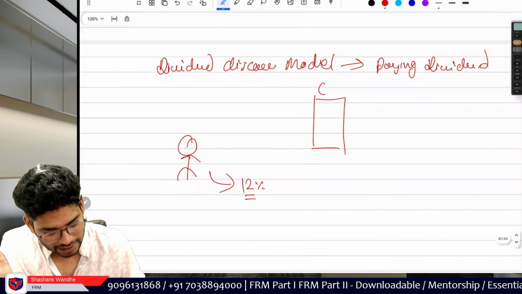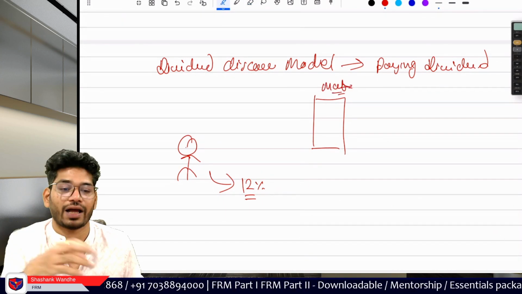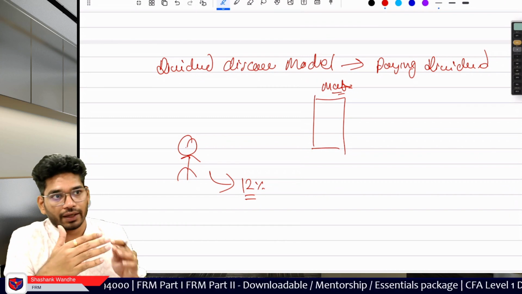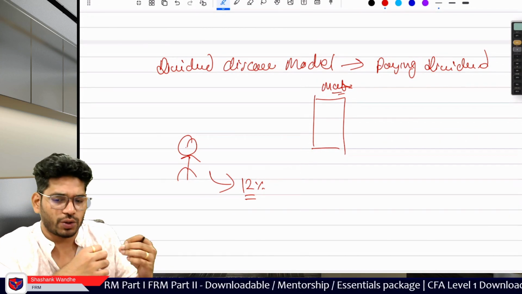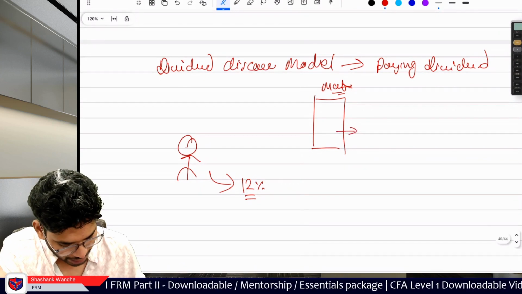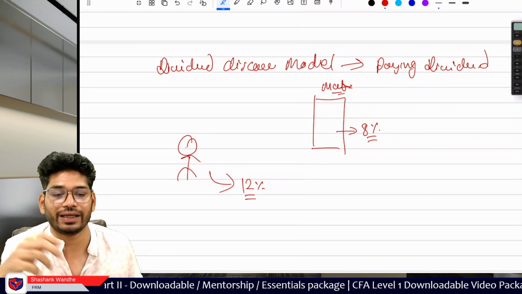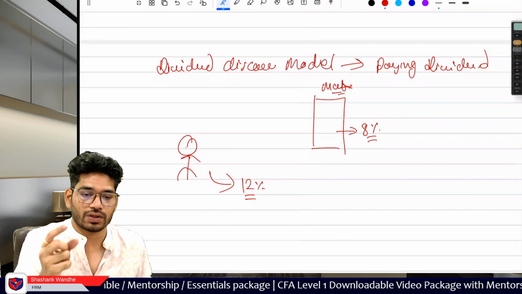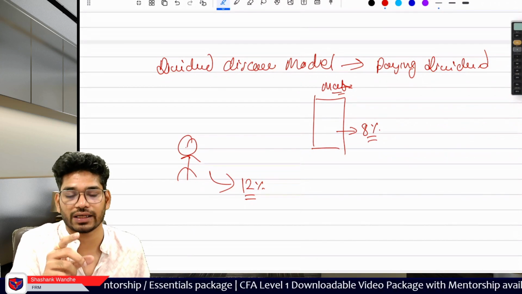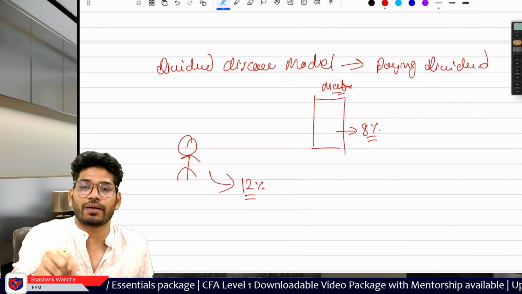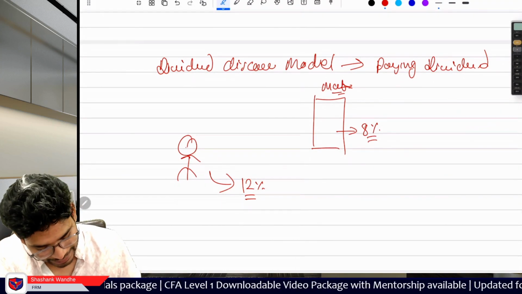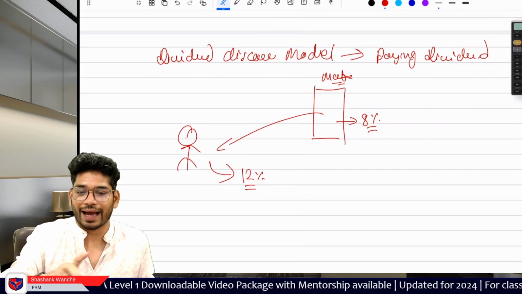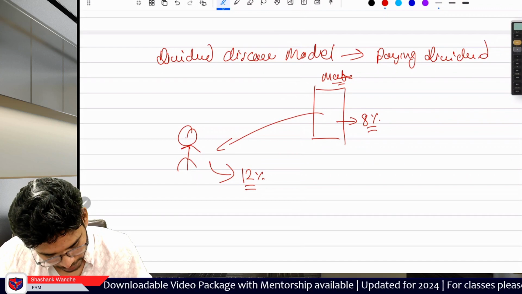Now the problem is, this company is a mature company. So the company doesn't have any expansion plans. The company doesn't need cash. And if they have some avenues for investment, the management knows that those avenues will be able to yield only 8% return. Now, in this situation, when management knows that if they invest, they will yield 8%, but if the investor invests, they will yield 12%, it is always better to disburse the cash, or return the cash, to the investor.